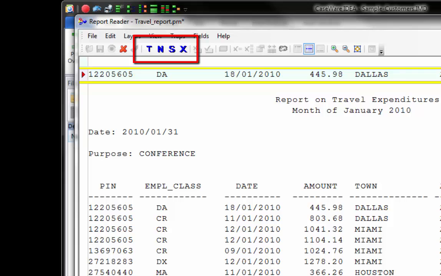T is for text. In this trap, we'll select any character, not special characters or numbers, in the column. N is for numeric. This trap will select any row that contains a number 0 through 9 in the column. S is for a space, and this trap will look for and select rows that contain no data, only spaces